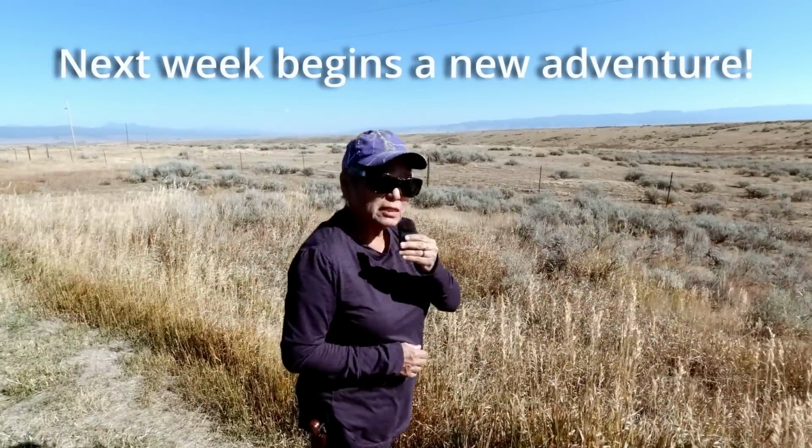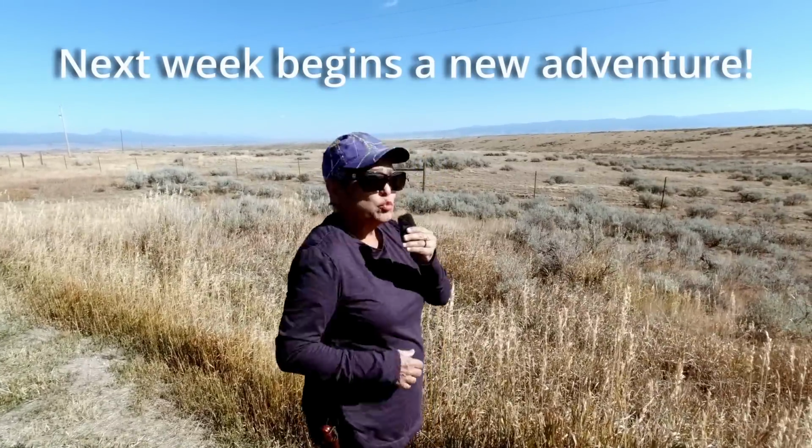All right. This is a travel day for Linda and I, so we're back on the road. This is the Big Hole Valley. And where it got its name from is the native